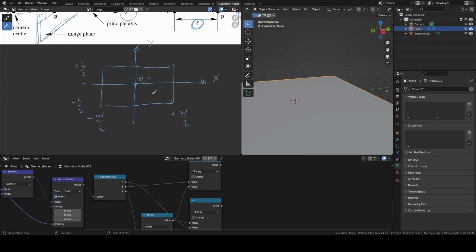So if I want to check if my point P is inside this camera sensor, I just have to check if its coordinate X prime in absolute value is less than W divided by 2. And of course, the same for the Y. So let's do it.